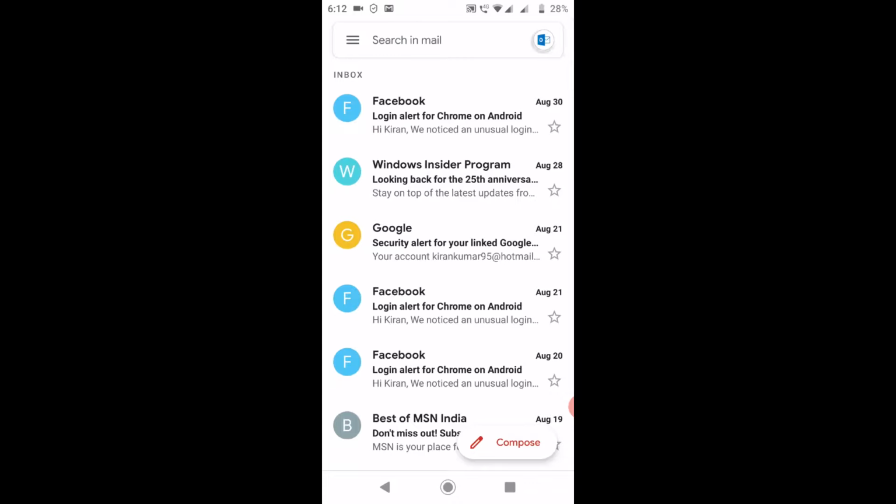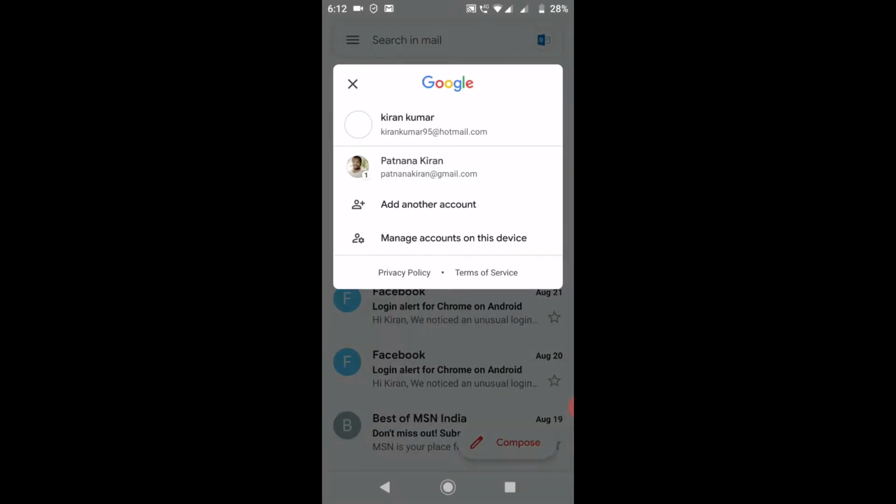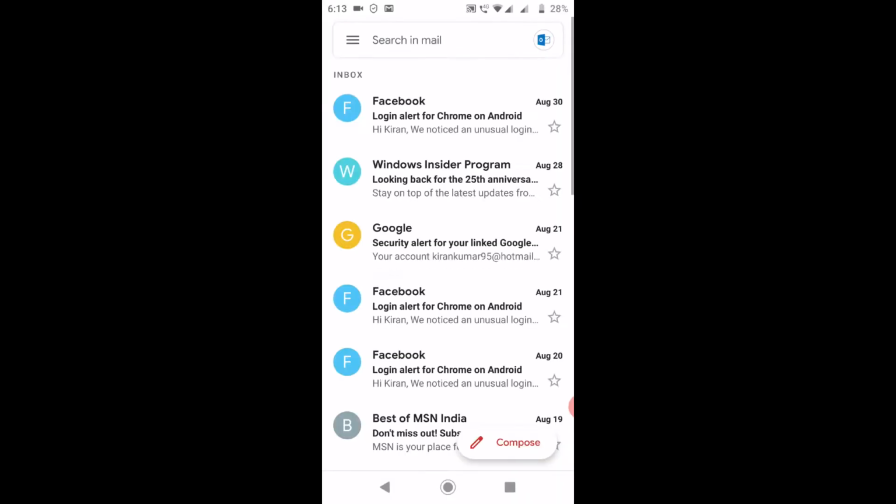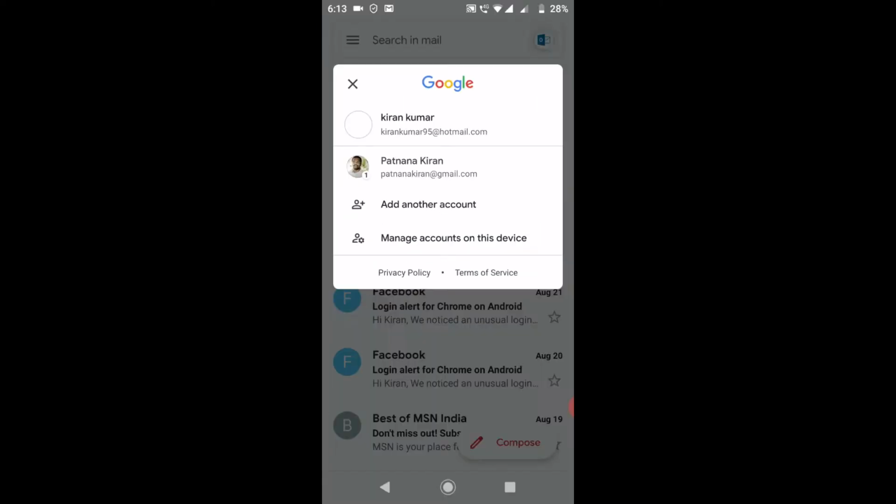If I want to switch to Gmail again, I can click on Gmail, and Gmail will be logged in again. This way you can configure multiple emails in one application and switch between them. Once you switch to your Hotmail account, you can send mails, receive, check your emails and do everything.